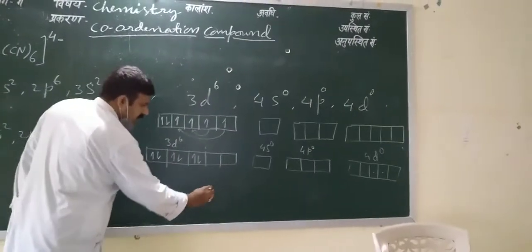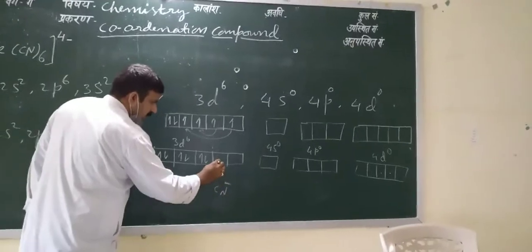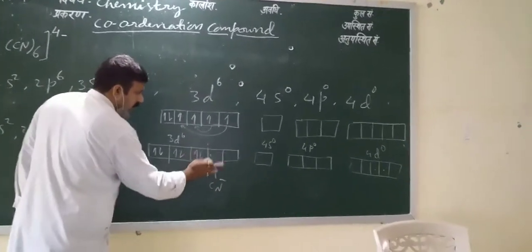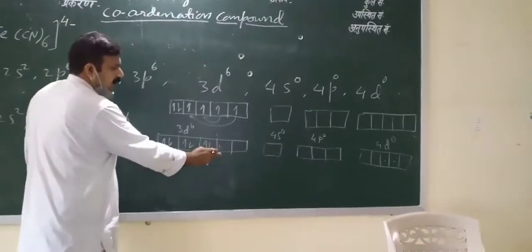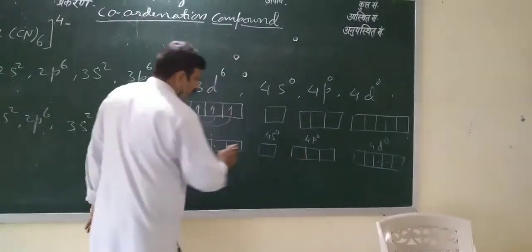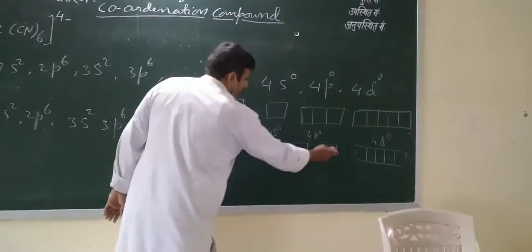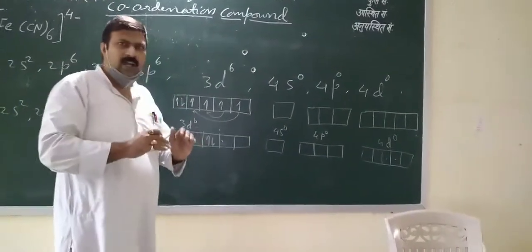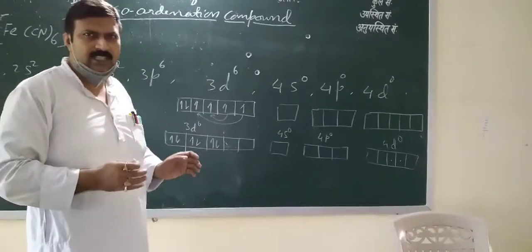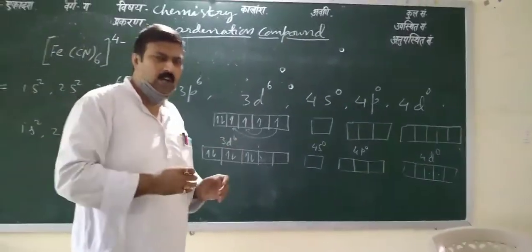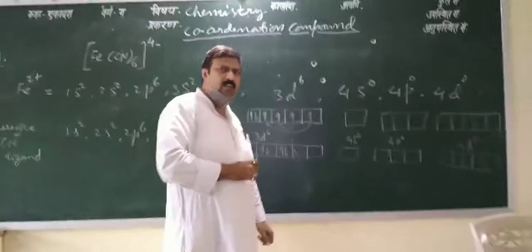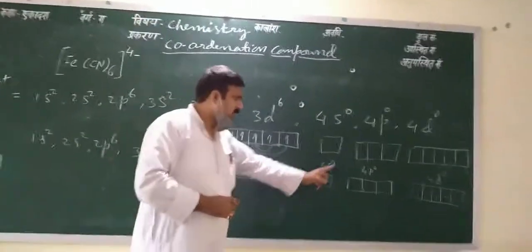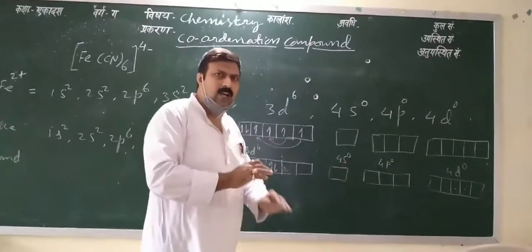So the 6 CN- ligands donate their lone pair electrons into these 3d orbitals, 4s and 4p: 1, 2, 3, 4, 5, 6. These 6 orbitals will overlap and, after redistribution of energy, form 6 hybrid orbitals, d2sp3 hybrid orbitals, because the energy of the 3d, 4s and 4p orbitals is not equal.